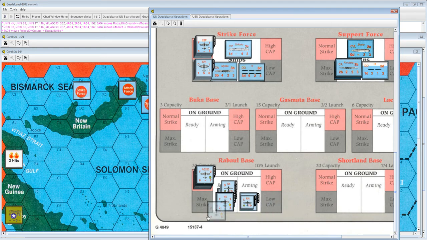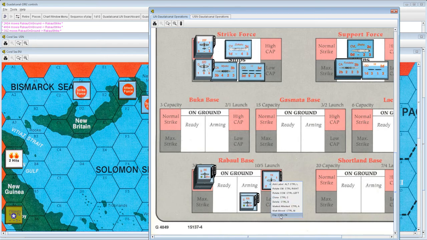This will stay. I have a plan for you. These are the float fighters. 7.5. A scout counts as a half, so that's 8. And then both of these scouts will be 9 whole air units. We still have 1 left in the ready box here. We're going to move him to the high cap. He's going to fly Combat Air Patrol. And this is just a little group of float zeros that we're going to...